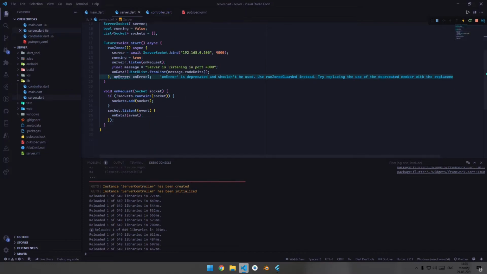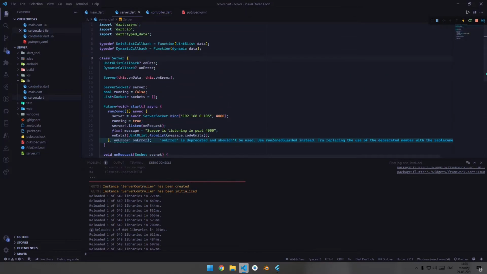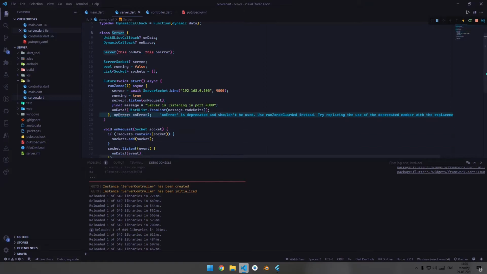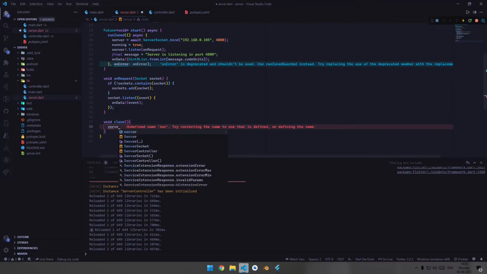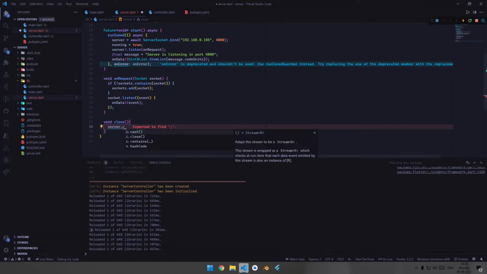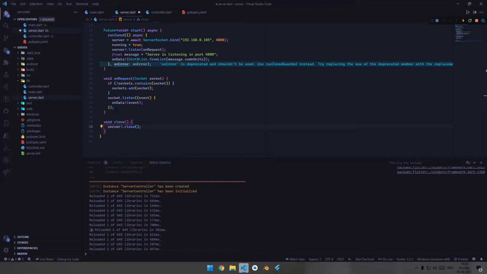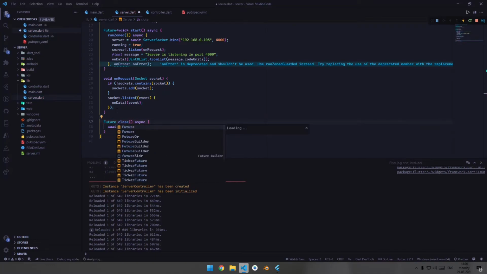So for that, you simply need to come to the server class, and so now let's declare the function for closing the socket. So now for closing this, let's server dot simply close, and we need to add this apostrophe over here, and since it is an asynchronous function, you need to add async and await, and this will be a Future void.